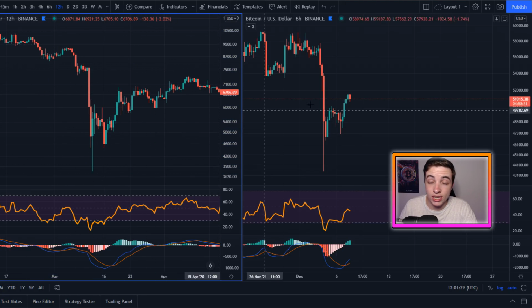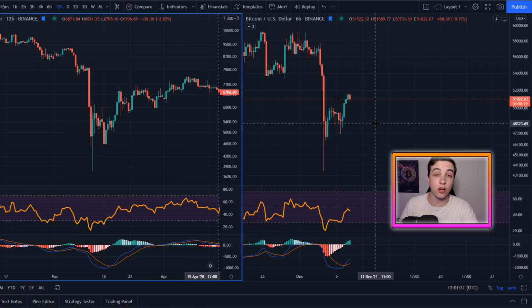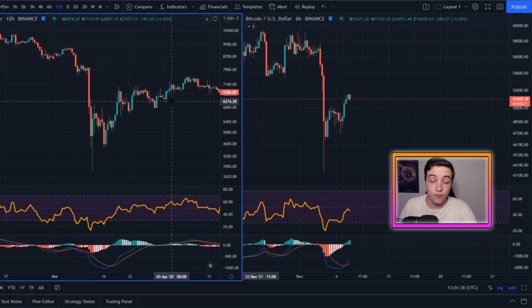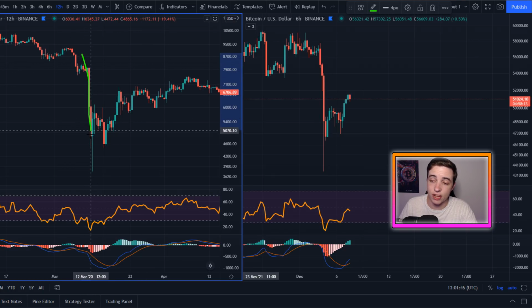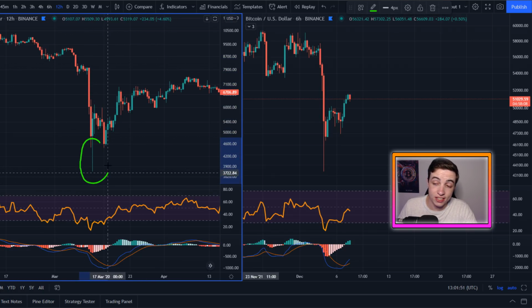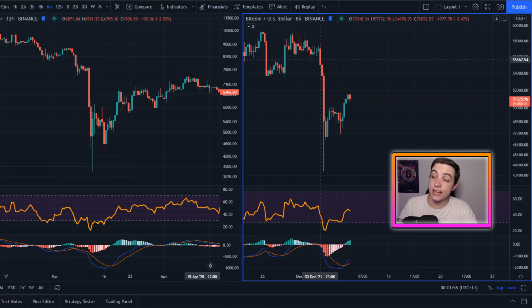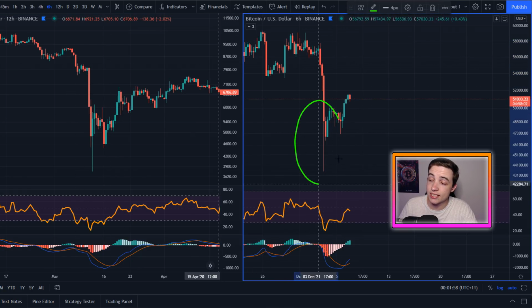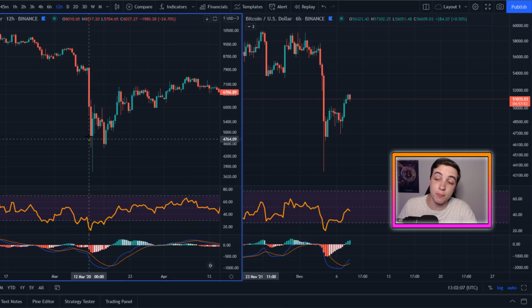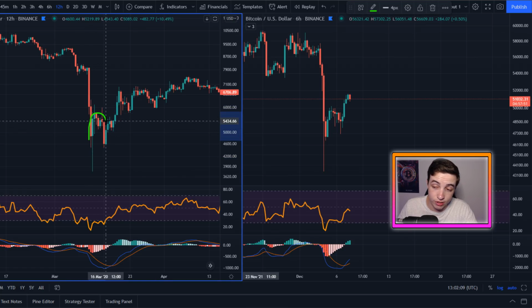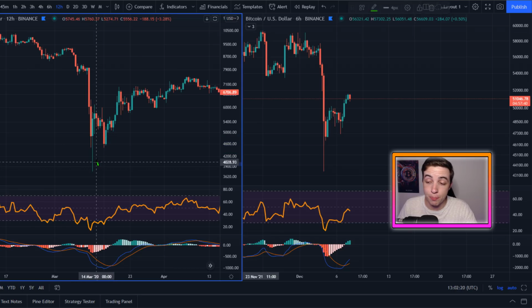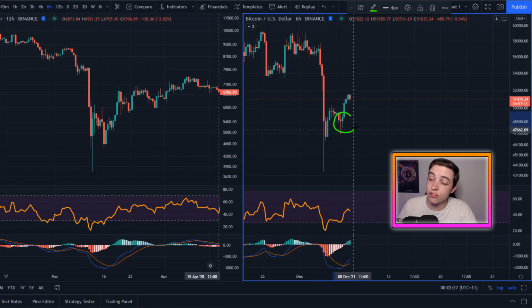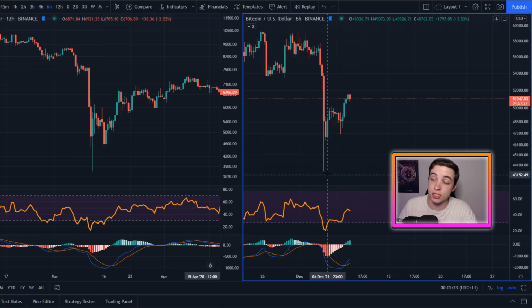The reason why I'm looking at these two charts like this is because we've got a lot of similarities between them. First of all, the obvious similarity is the dump to the downside. It was a very fast flash crash that formed a huge wick to the downside back in March 2020, and the exact same thing happened just recently, as you can see. Then what happened last time was the Bitcoin price came back up in an automatic reaction and then came back to the downside to form another low, but not breaking below the bottom of this wick, similar to what Bitcoin did just recently. Once again, we saw a bounce and then came back down to form another low, but not lower than this wick.